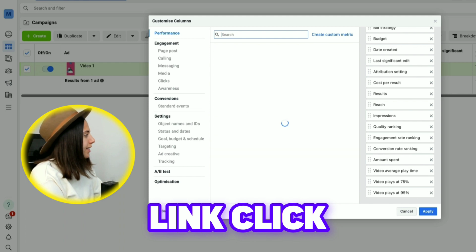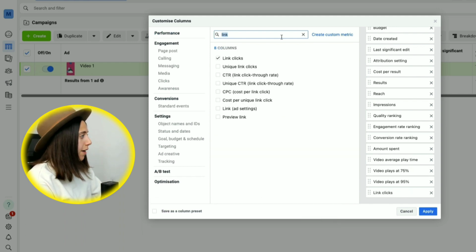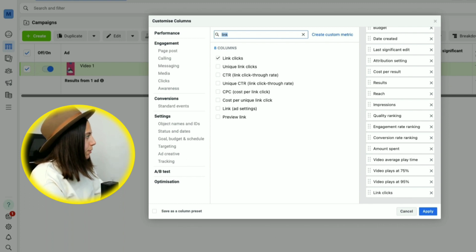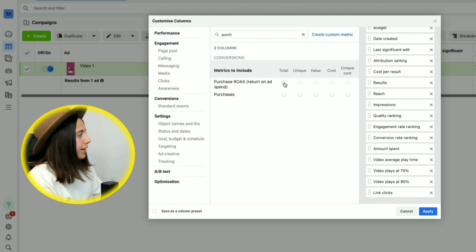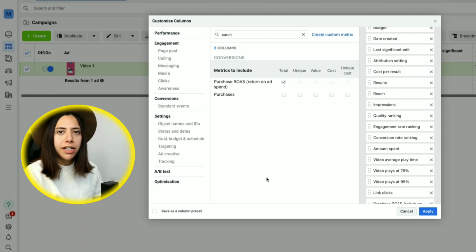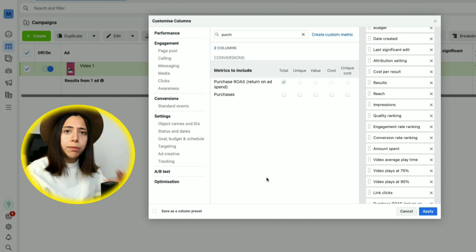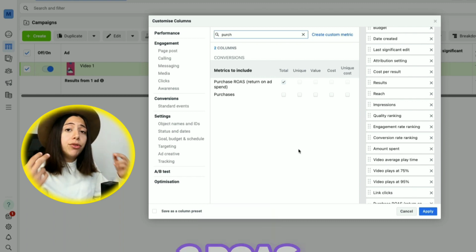So link clicks is how many people clicked on your link. I like to also have my purchase ROAS right next to link clicks. So I will put purchase ROAS. And this is one of the most important metrics if you are an advertiser. It's basically your return on ad spend. If you spent on an ad set $10 and you sold a product for $20, that is a 2 ROAS,